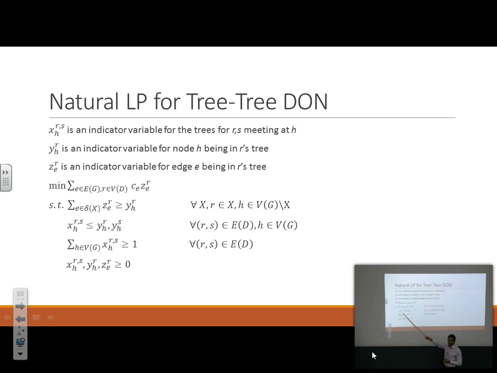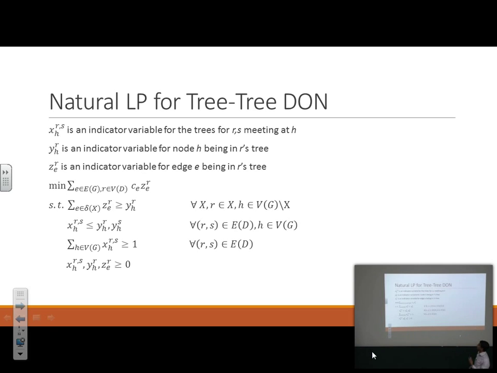Okay, so these are the usual facility location like constraints. It says, look, if R and S have to meet at H, then R better go to H and S better go to H. That's what this constraint says. Finally, if R goes to H, then it's actually got to cross some cuts. This is that cut cover constraint. Think of a cut which has R inside it, and H on the other side of it. Then you have to cross the cut, but you only need to cross the cut to the extent that you got to get there. So very natural is the first LP you will think of, if you're thinking about this problem.